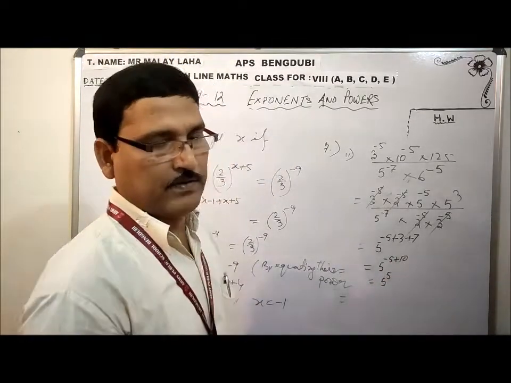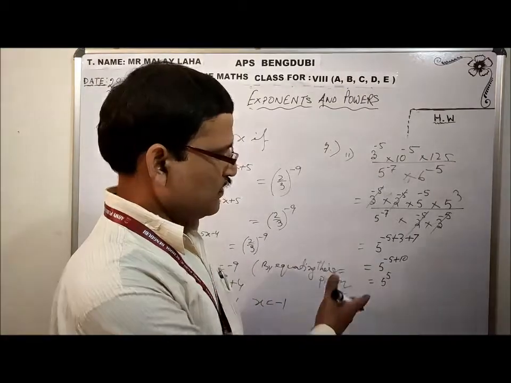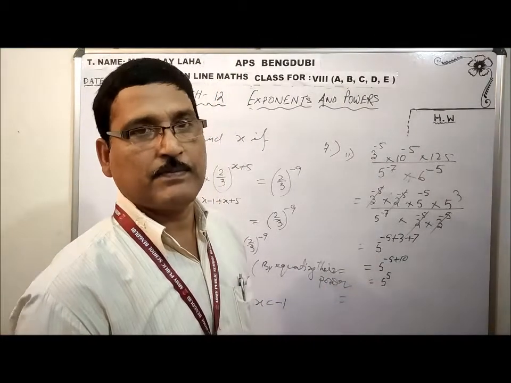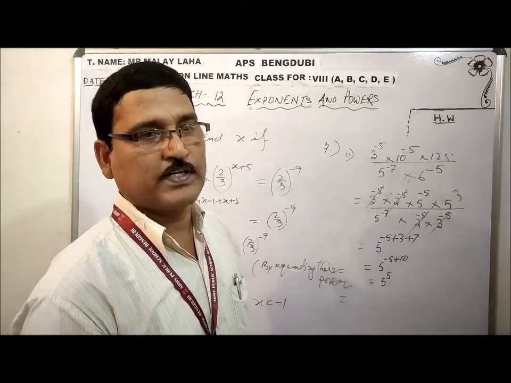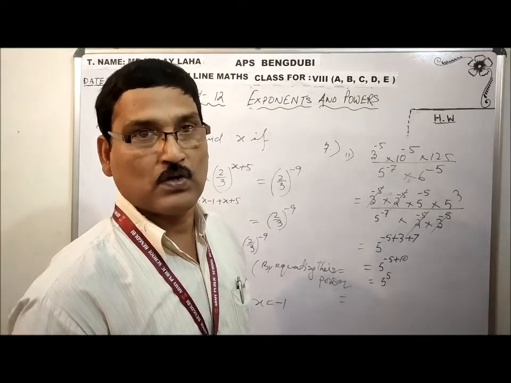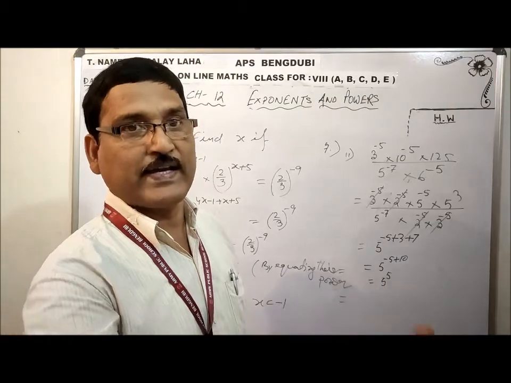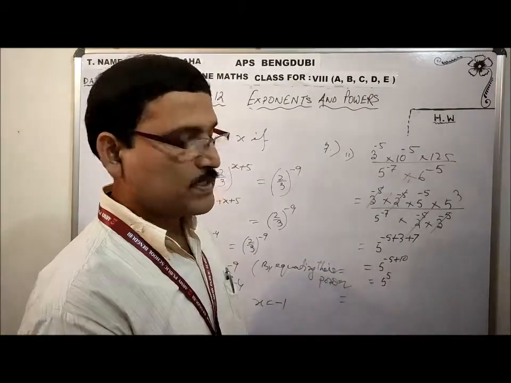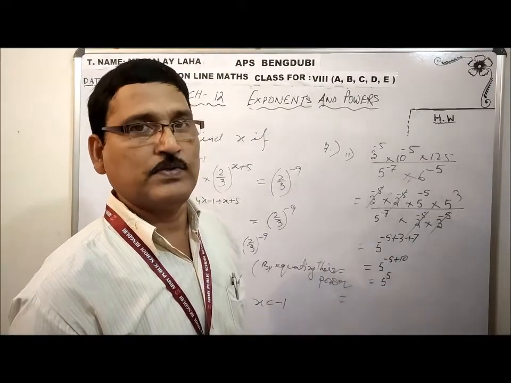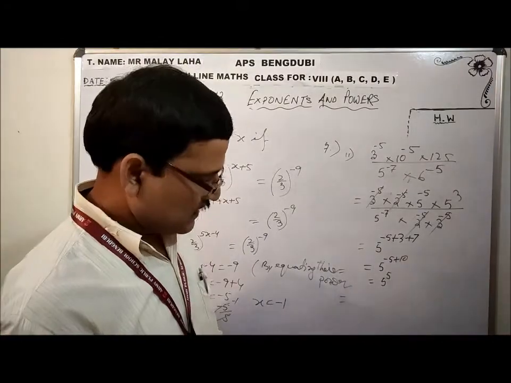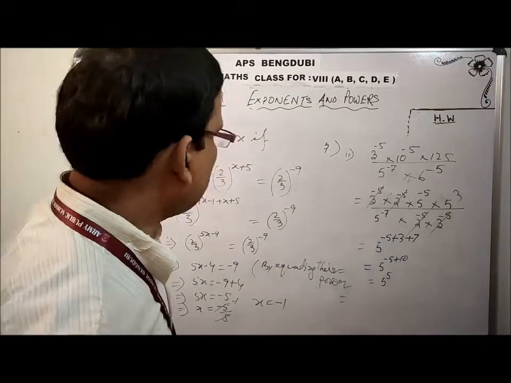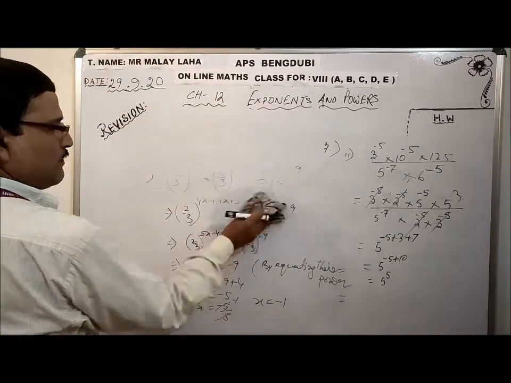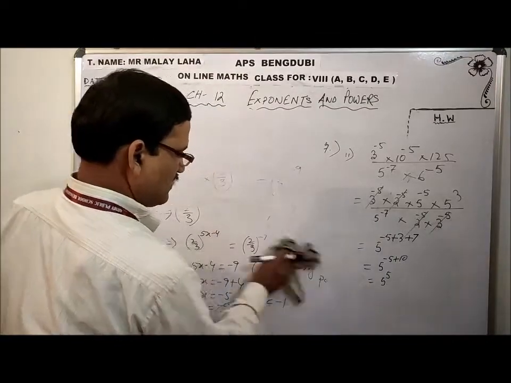If it is showing a power, this will be the power form, and you want to show a number. Now you write down, multiply 5 times, whatever it is. 5 times 5 is 25. You write down 5 five times. Whatever the result is coming, this will be the answer. Are you clear? Shall I do the last one? Okay, I am doing it, and that will be the last question of my revision also. My ink is also getting finished.